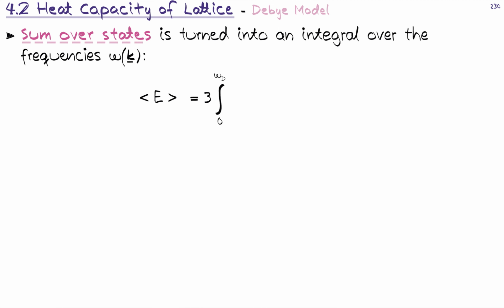So we have it 3 times, and then we integrate from 0 frequency to a so-called omega D, which is the Debye frequency to be determined later. And because we are turning a summation into an integral, we must tweak the calculation a bit. So we must have the density of states inside the integrand, and then we have the term that we were summing over previously. So we have the 3 times h bar omega divided by exponent h bar omega divided by tau, which was the k_B T, minus 1. And now we integrate over the frequencies.